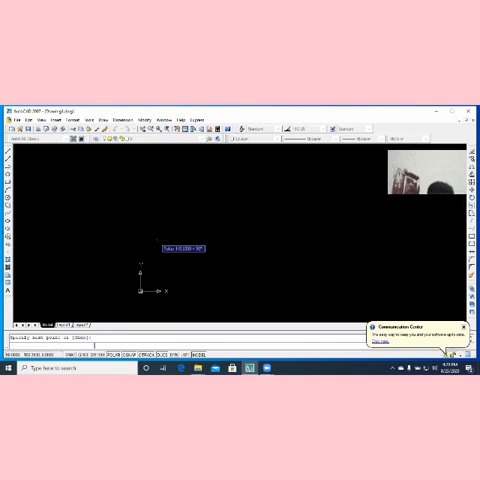After which, 50, 50, enter. Then you type the next coordinate, which is 250, 50, and then enter. Then the next coordinate is 250, 125, enter. The next coordinate is 125, 125, enter. The next coordinate is 125,